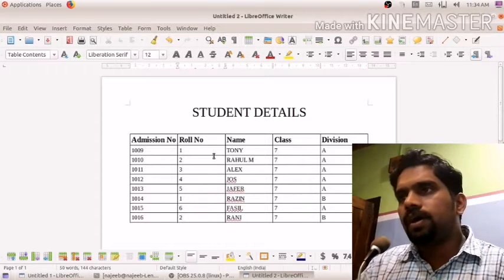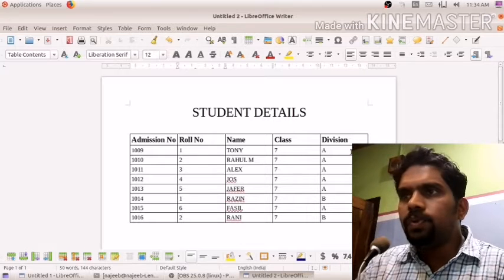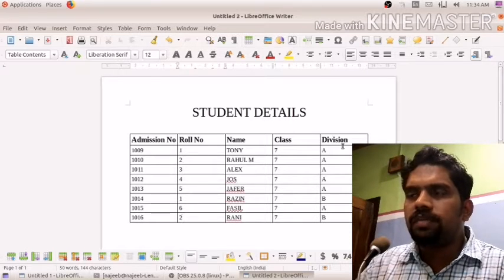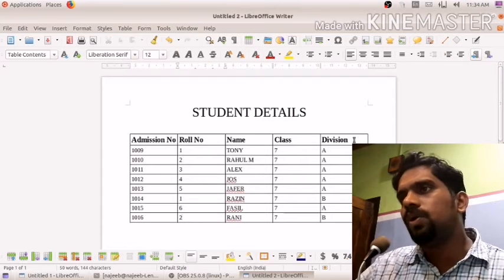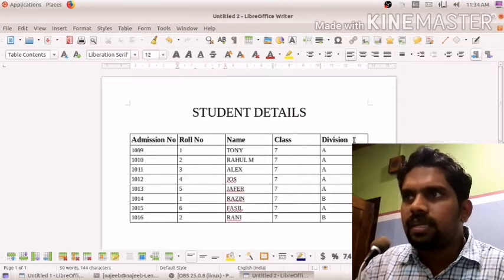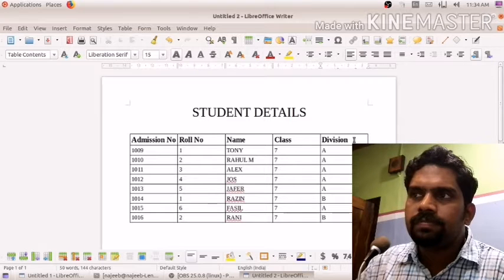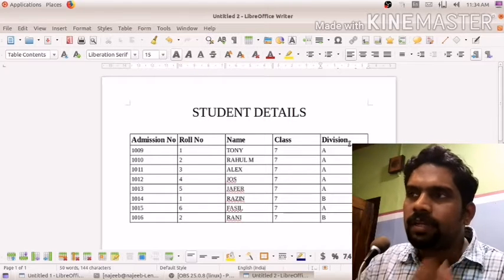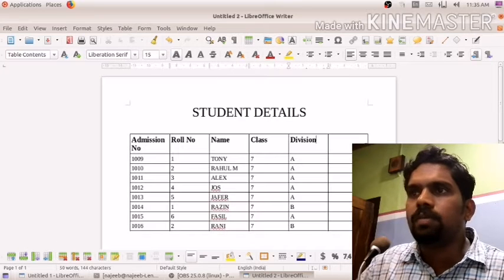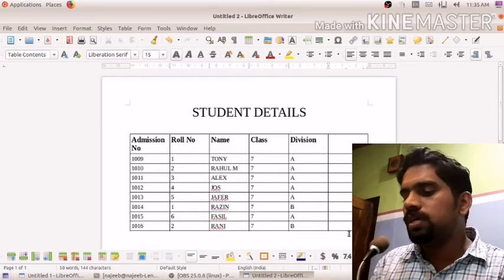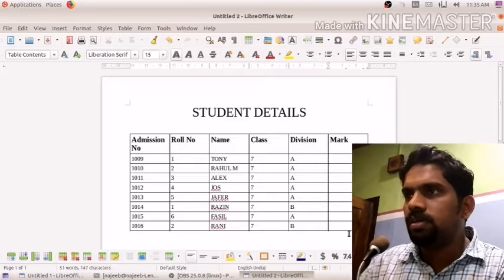Another thing is that if you want to add a new column after this division, that is, on the right side of this division, how to do? Just click on any cell within that division column, and just click this one, column right. Now another column has been created here. So here I am just writing mark.